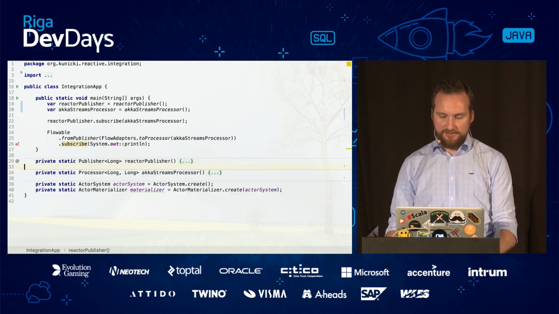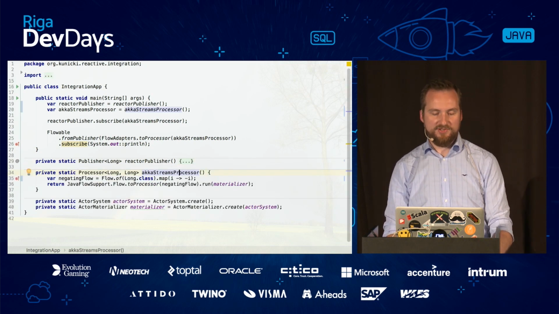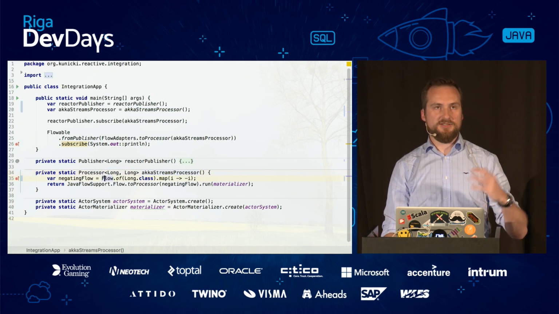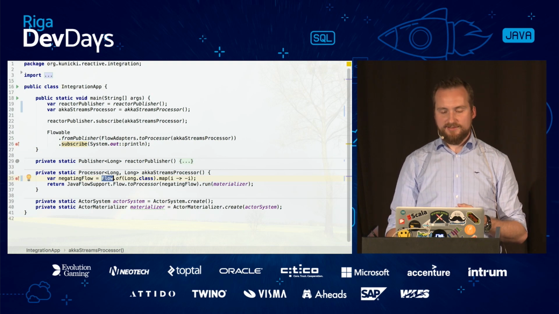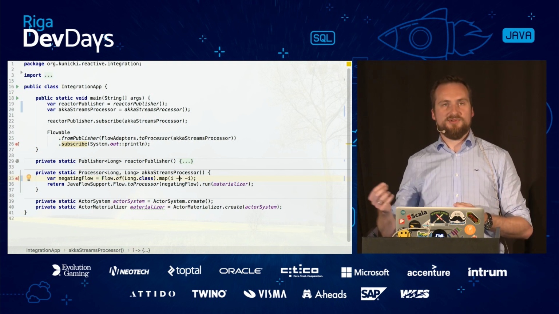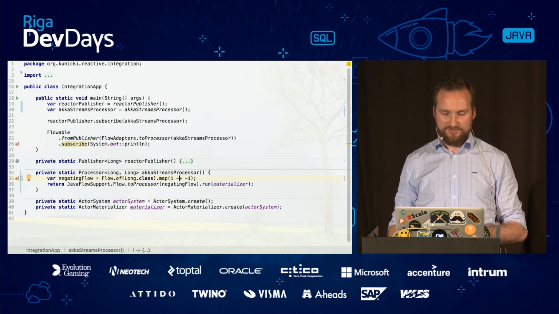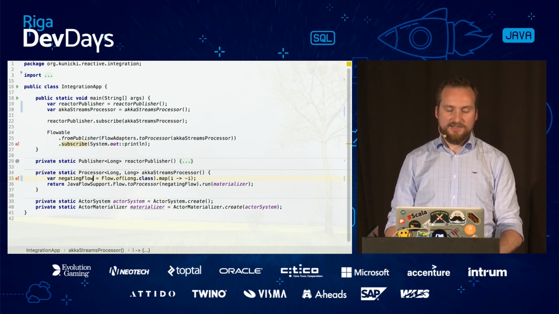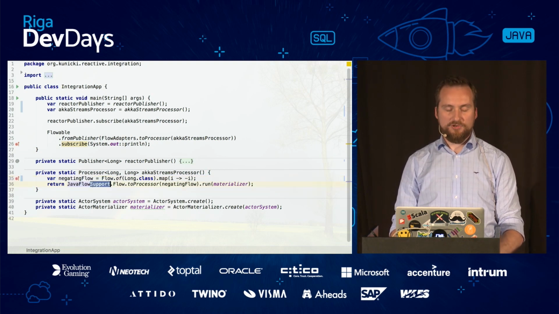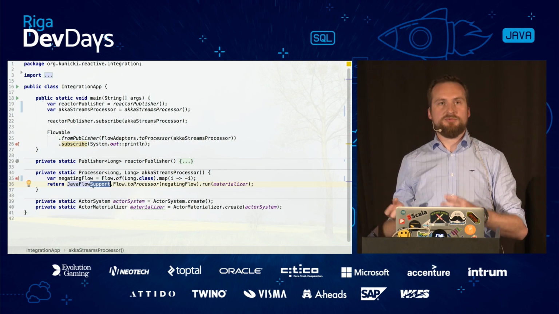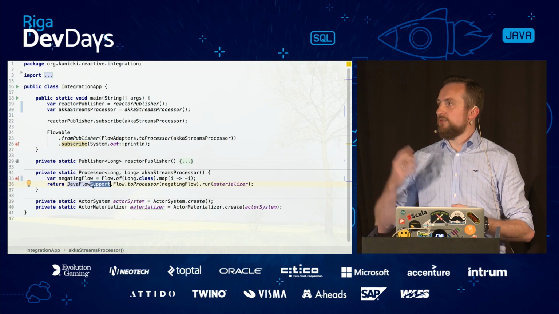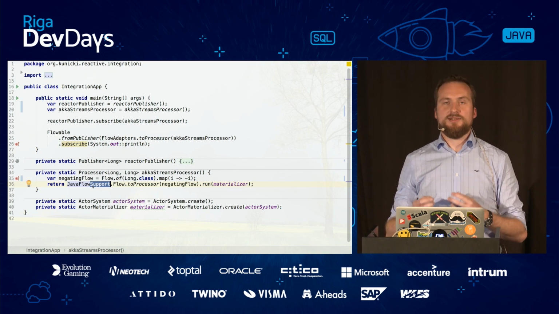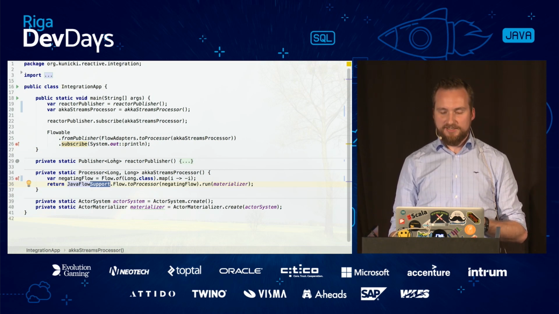And similarly, if you look at the Akka Streams processor, this one indeed uses the Flow API of Akka Streams. And what it does, it's basically going to negate the number that was emitted, so that we are going to emit negated numbers. And once again, we need to use some glue code to convert the interfaces between the Flow to a processor. And actually, when it comes to Akka Streams, it's a bit less trivial than with Reactor, because you can see